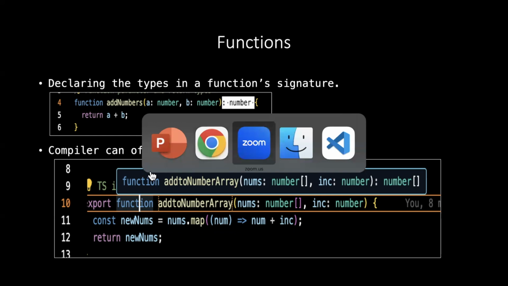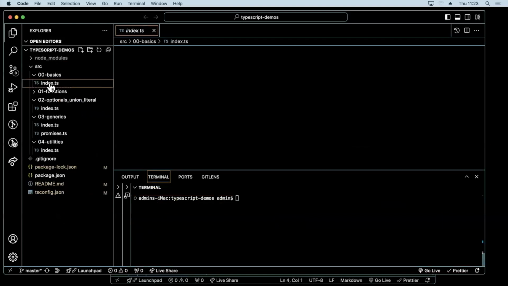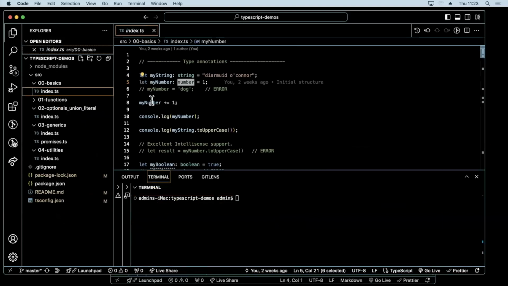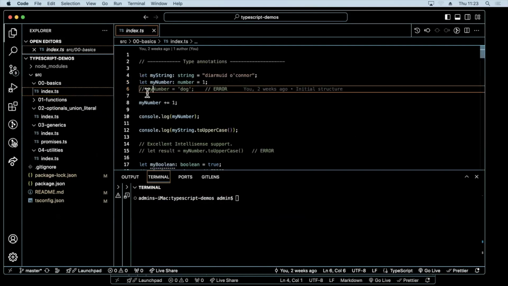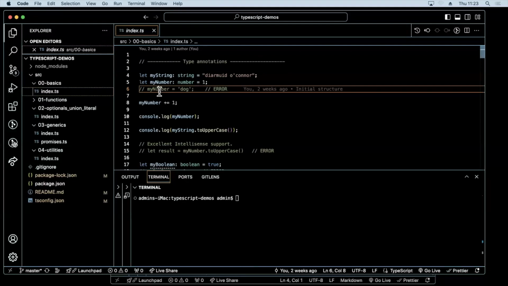Let's go back to the sample code, and I want to go way back to this one here. So if we take, for example, this one, okay, that's fine. I'm declaring a variable and I'm saying its type is number. And then I told you the last day that if I now enable this line here,